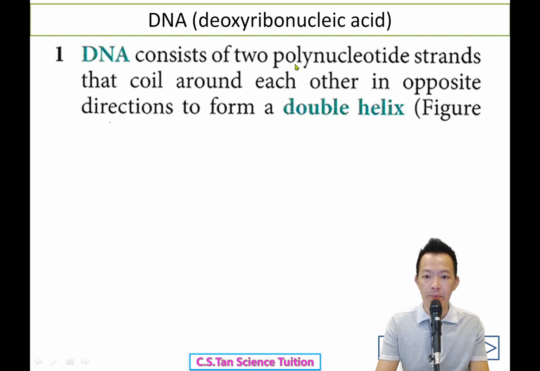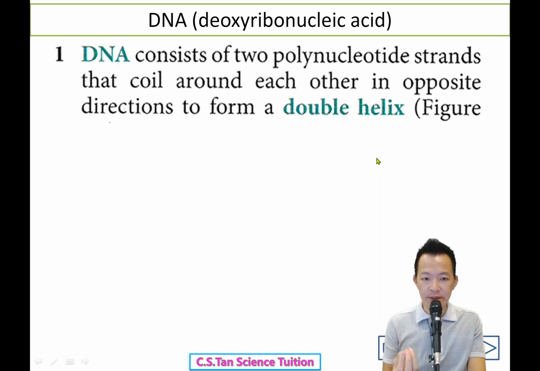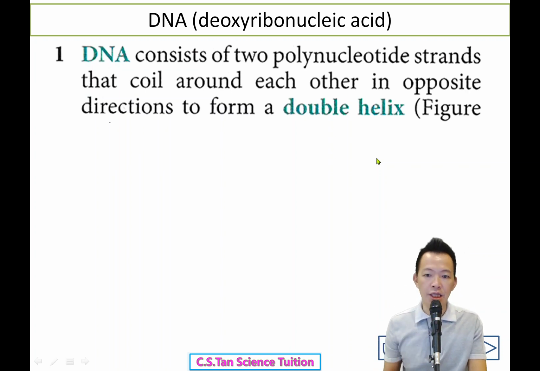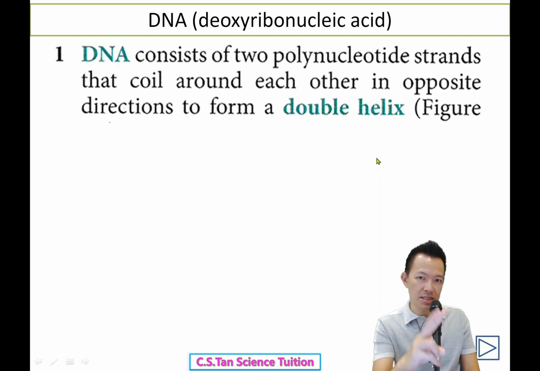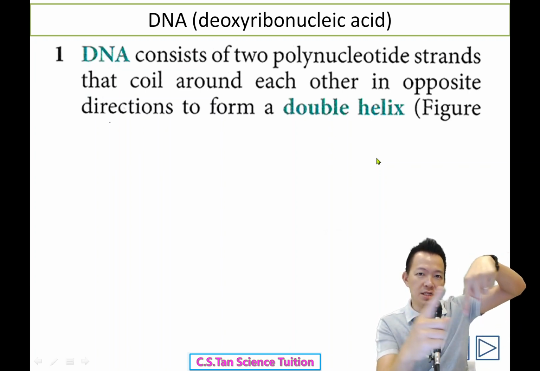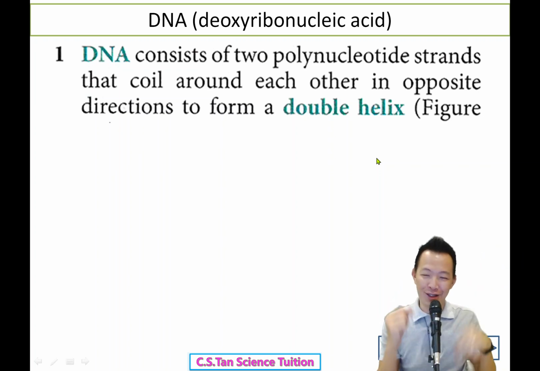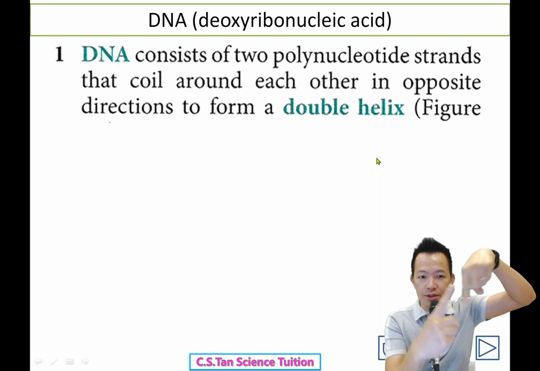DNA 里面有两条 polynucleotide strands， 两条的 polynucleotide that coil around each other. 这样子，OK, coil around each other in the opposite direction to form the double helix. 它们这样子 coil around each other in the opposite directions. So when I show you something like this， 如果我的手这样子比给你看呢，they are in the same direction， 它们的方向是一样的。But actually no， 它是一条上去一条下来的，明白吗？OK， 哎呀，很难比啊。